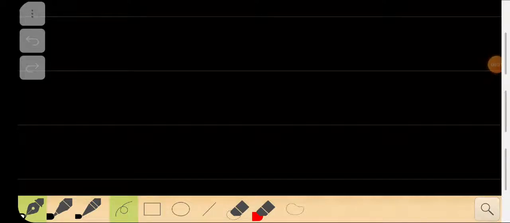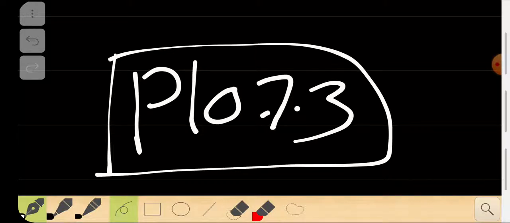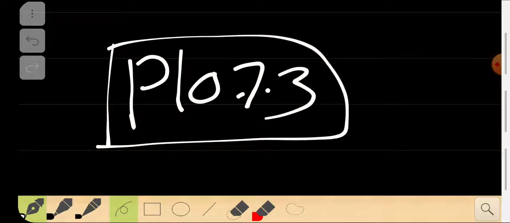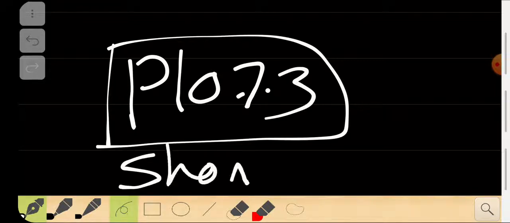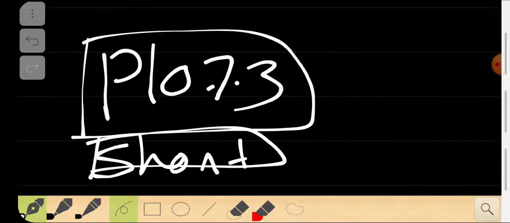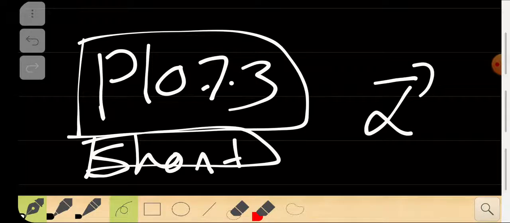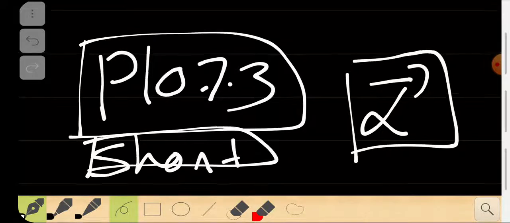This lecture is called P107.3, right? In this lecture we are going to discuss something that I left out in the last lecture. I forgot to mention it, so this is going to be a short lecture. We are going to do a problem as well as explain the angular acceleration, which is alpha, right? The direction of angular acceleration. Let's look at it.